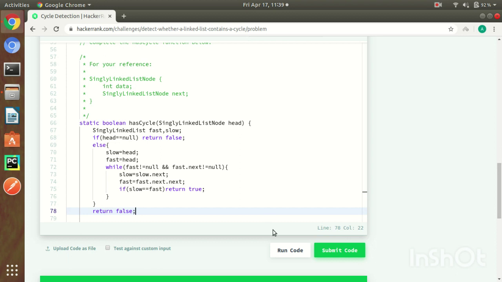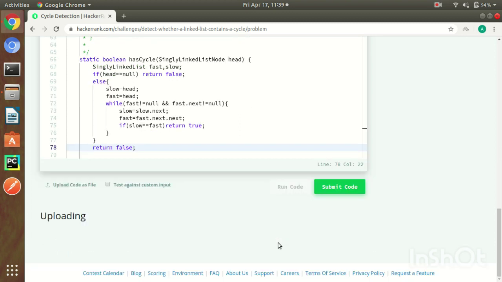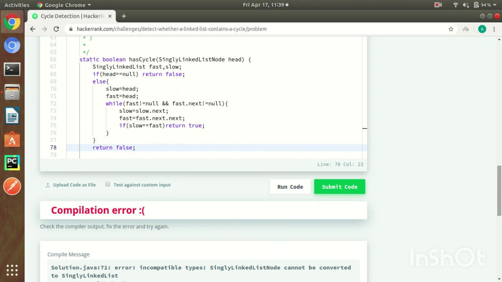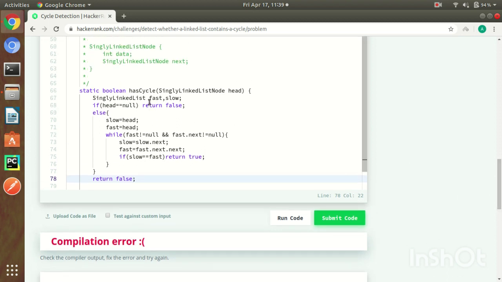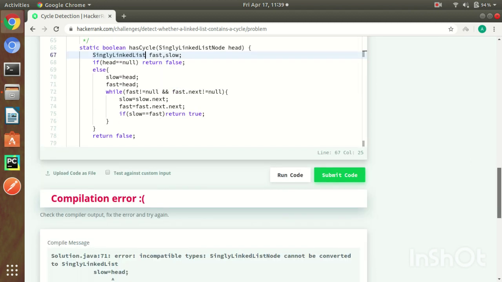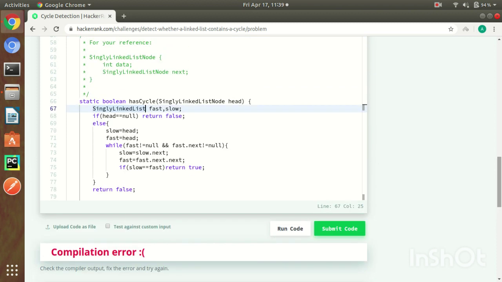And after finishing this else part, we must return false. So first we run the code, let's see what the output is.